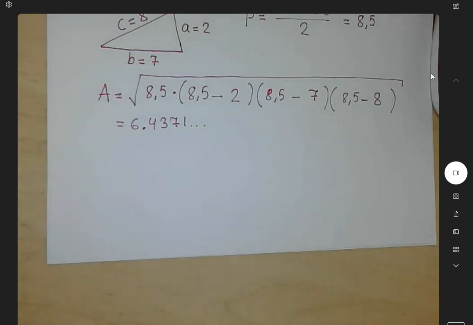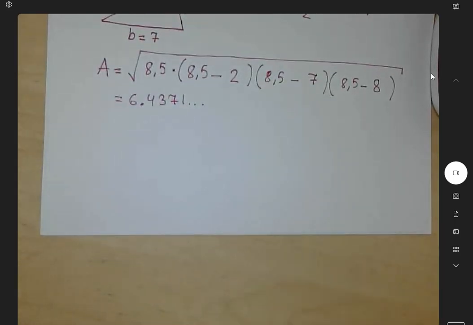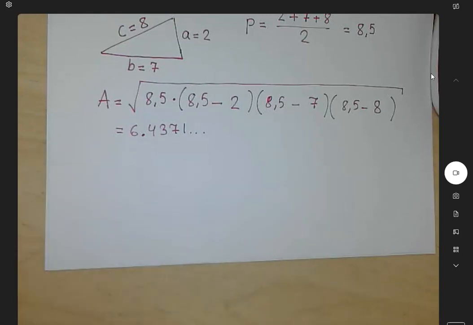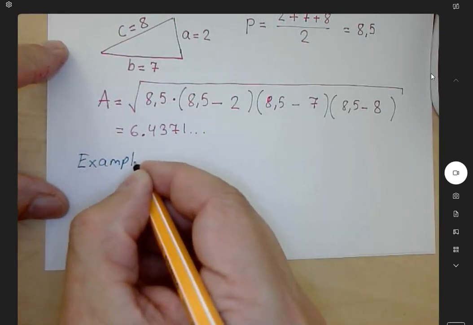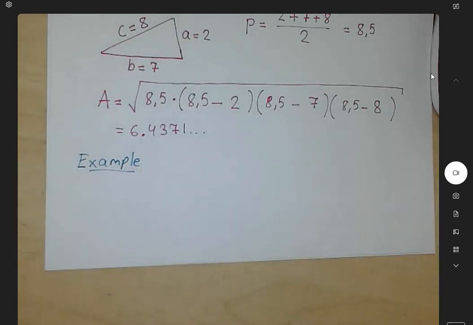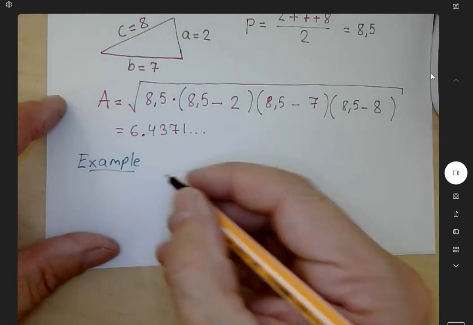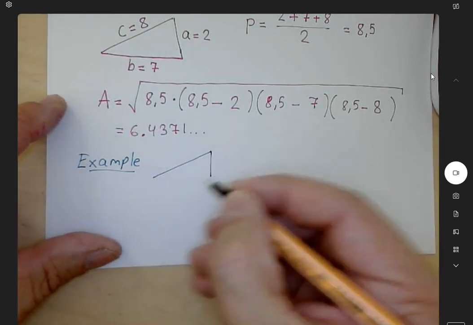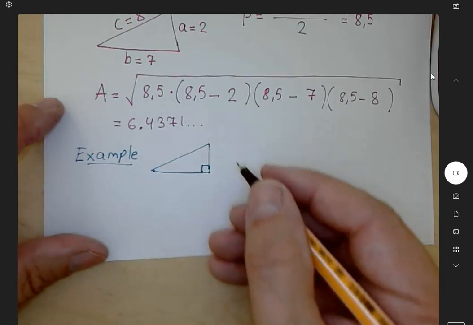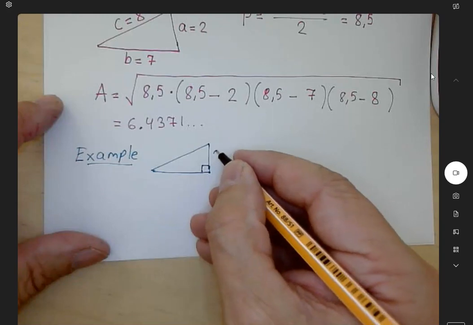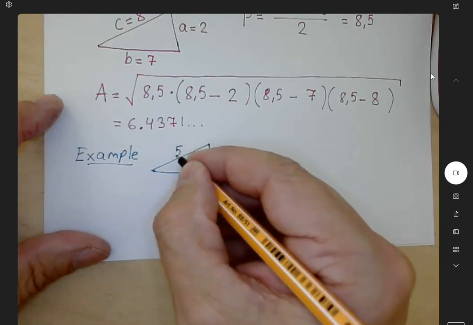If you are not familiar with this formula, maybe it's good to take another example where we have a very simple triangle for which we can calculate the area in an easier way, to understand that this formula actually works. So if we have this simple triangle, 3, 4, 5,